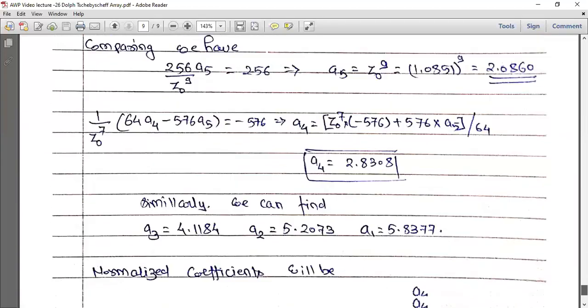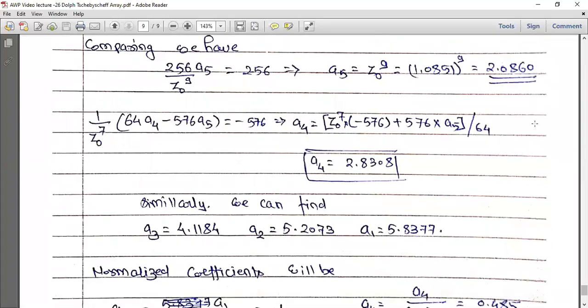Now the important thing here, as you can see, this is A5, this is A4, A3, A2, and A1. All these coefficients are not moving very far. I mean, there is no significant difference between the excitations provided to the antenna, number one. Number two, these coefficients are all fractional coefficients. As I have already mentioned, these coefficients are actually relative measures of the excitation.